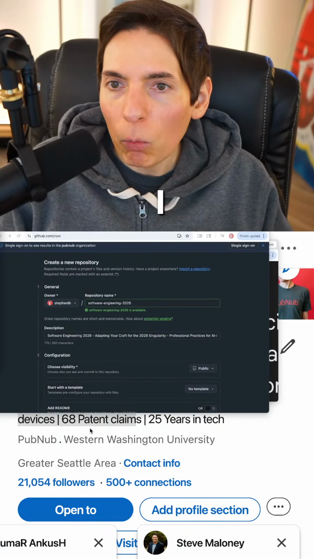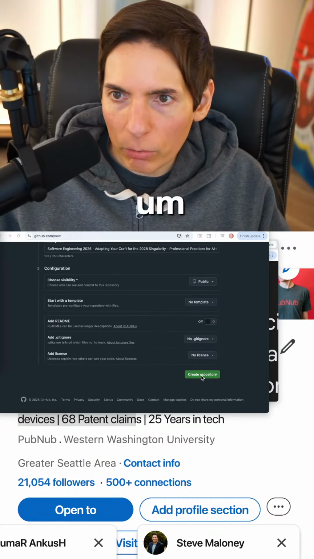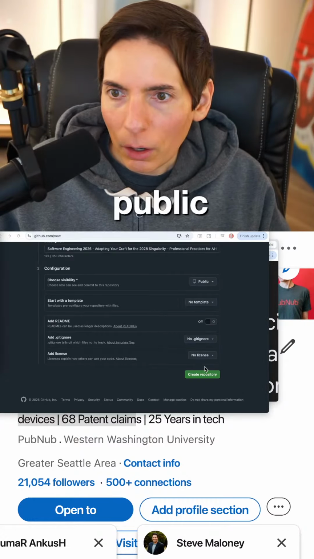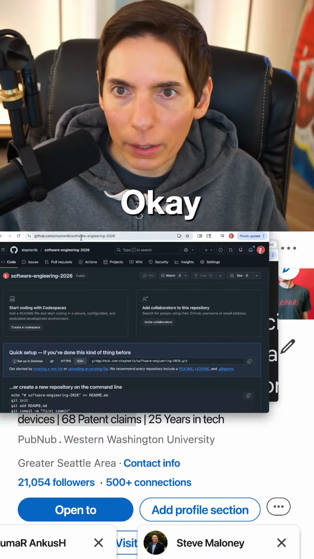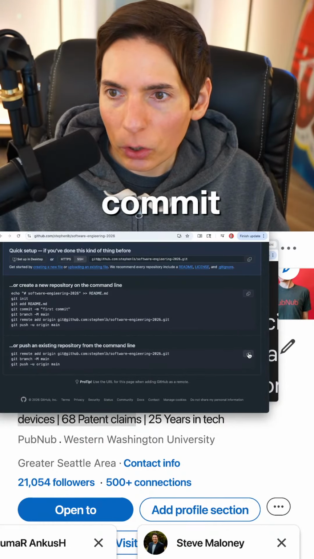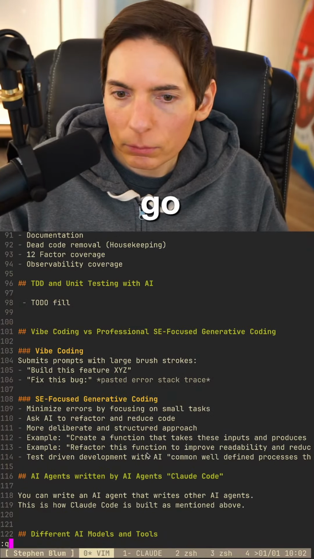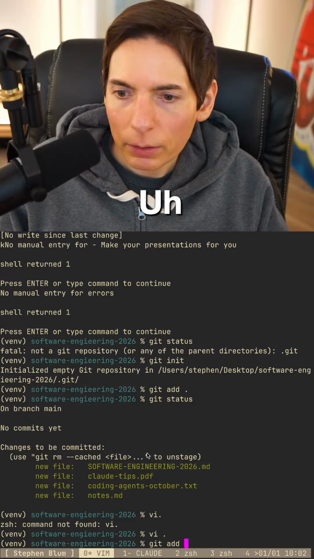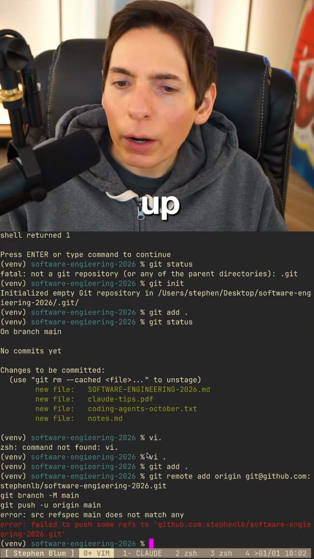Oh wait, I want to commit this code here. Create repository, public. All right, it's public here. Okay, now let's commit this code. Git add, and then push it up. Why does it not like that?